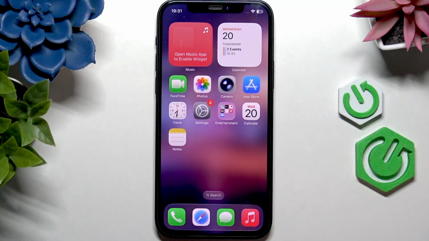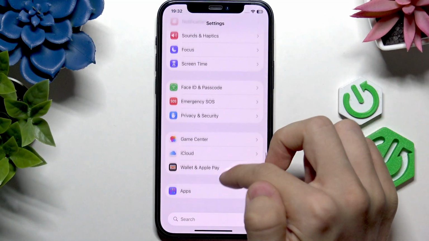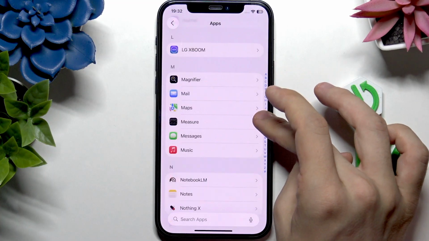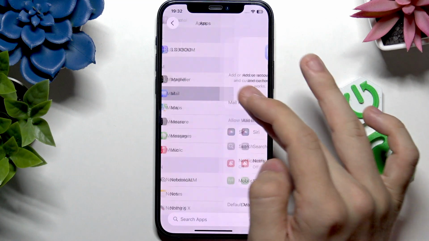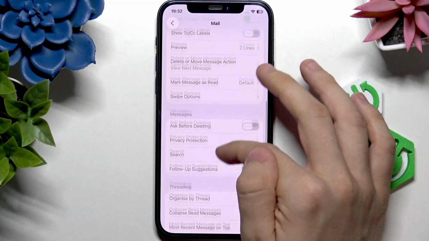Now, sometimes mail may not be set to fetch automatically, and that may make you not receive notifications about email. So go to settings, then go to apps at the bottom and go to mail. Now, make sure that your